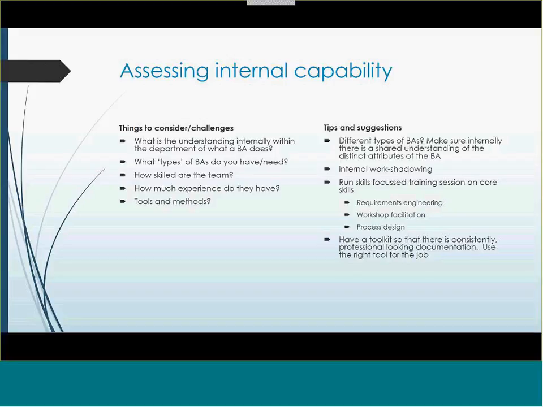And having the right toolkit so that you're consistently producing professional documentation and using the right tool for the job. I really focus on this because when you're working internally as a team and across an institution, if your documentation doesn't look consistently good, people won't engage with it, especially where you're using the same people across different projects or different types of work. It's important that it looks good and that it looks similar, so that if you have a